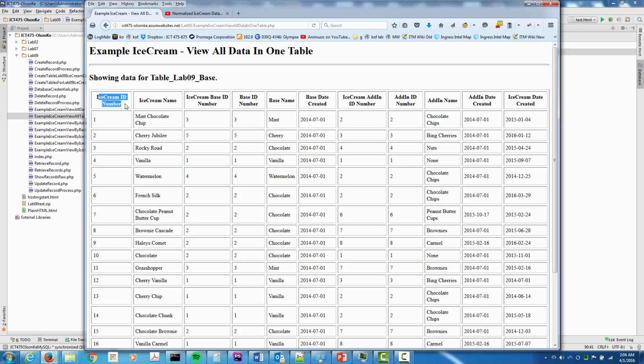We start off with the ice cream ID number, which should be familiar, which was 1. That's from the ice cream table itself. Then we have the ice cream name, that was from the ice cream table. We got mint chip as our first record. Then we have the ice cream base ID number. Remember how that was a 3, and we'll set it up that it'll take this 3, and then it'll look in the base table here for that 3. And once it finds it, it will then also return the information associated with that 3. So we'll have the 3 here, and then it'll be mint, and then it'll be the date the base was